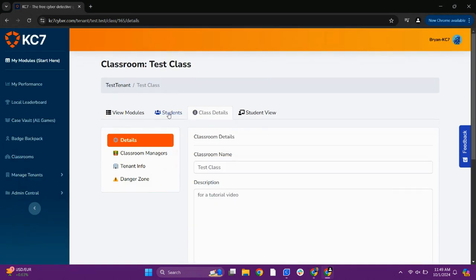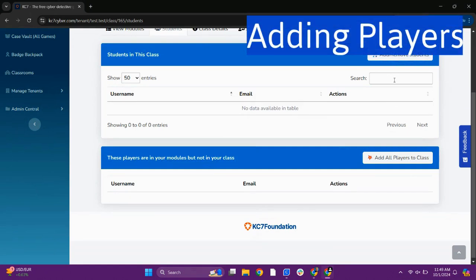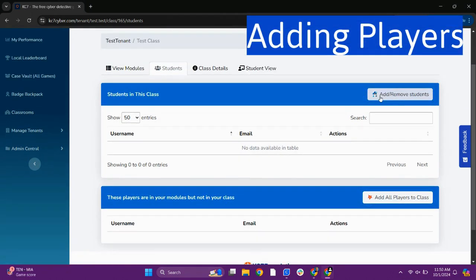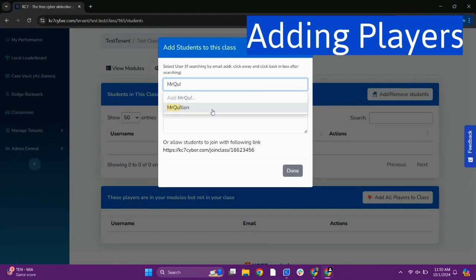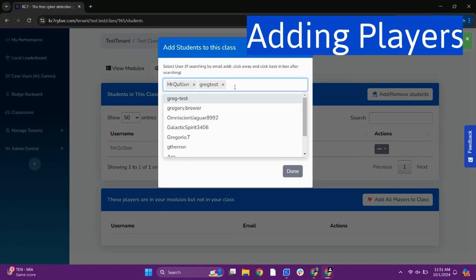Prior to adding a module, let's take a look at how to add some players to your classroom. If they already have an account and you know their usernames, then you can start by typing their username into the first box. After selecting each user, you want to click away and then click back in the search box